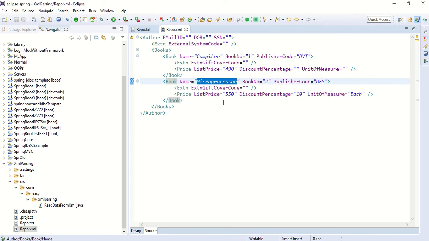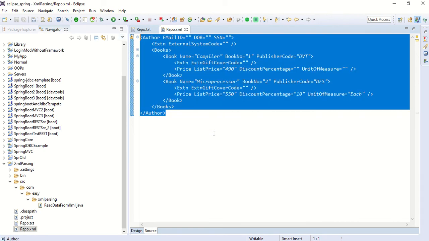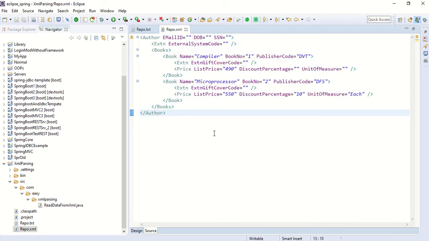So we talked about two advantages, but there are some disadvantages also. What is the disadvantage? Because of the tags, the file size becomes very heavy. The data size will be very small, but the entire file size will be big compared to the data size.